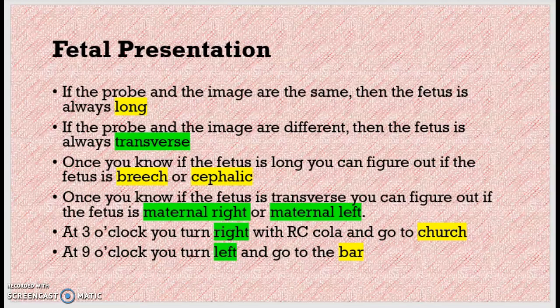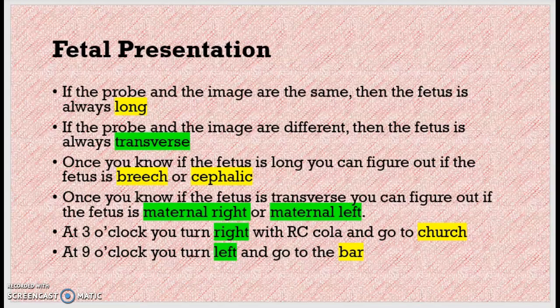I think it kind of helps me. If the probe and the image are the same, then the fetus is always long. If the probe and the image are different, then the fetus is always transverse. So the first thing you want to do is figure out if this is going to be a long or transverse lie. Once you figure that out, if you know the fetus is long, you can figure out if the fetus is